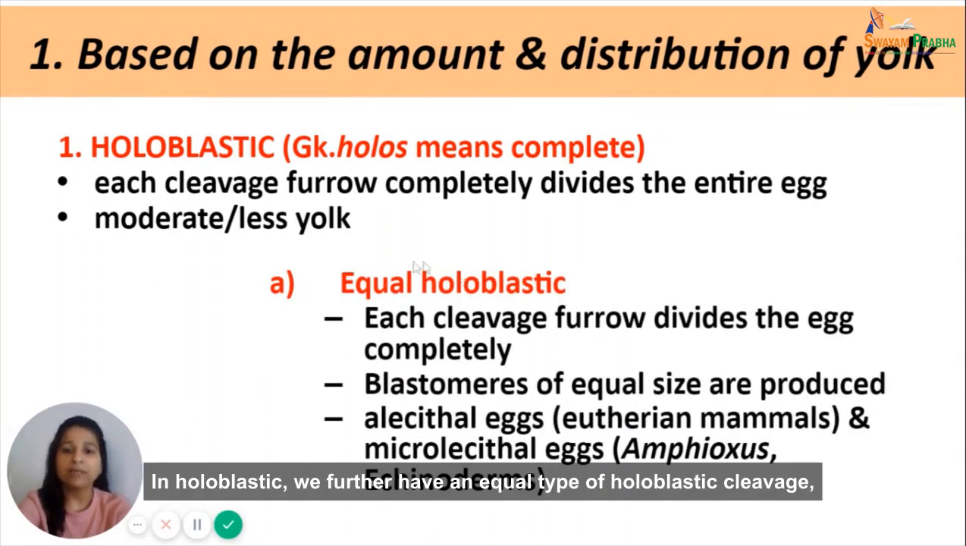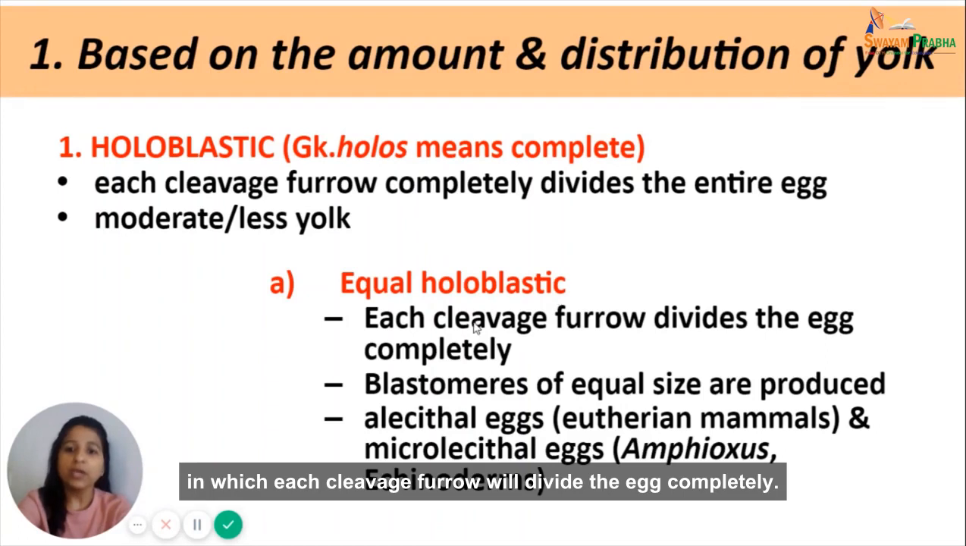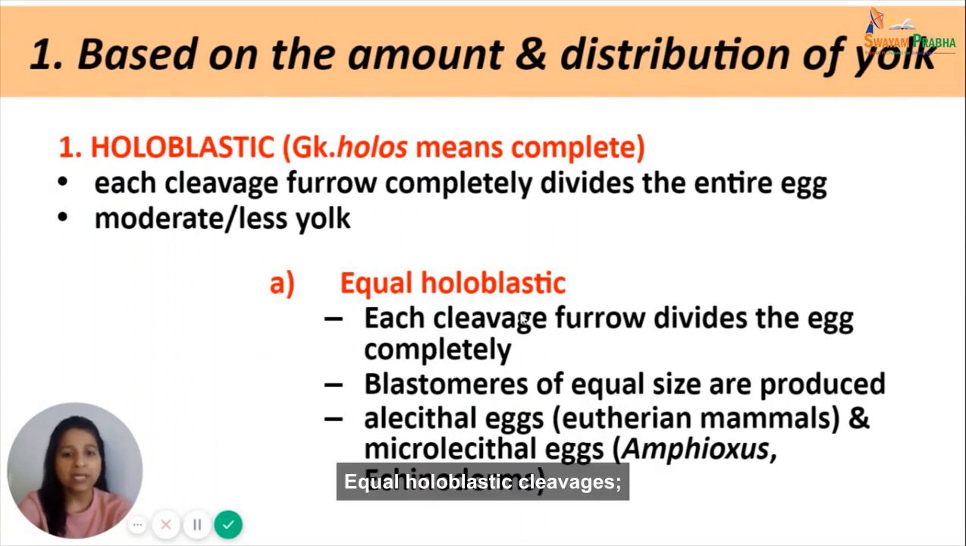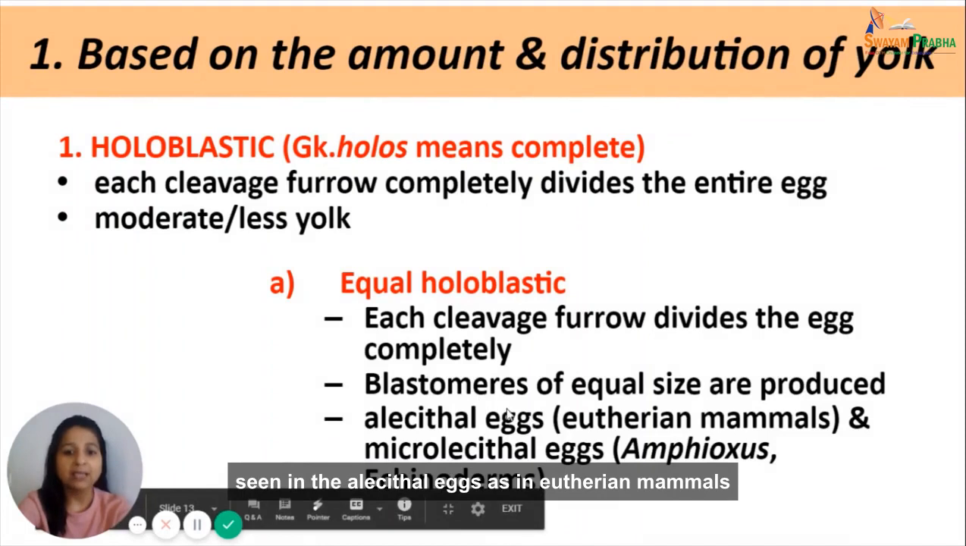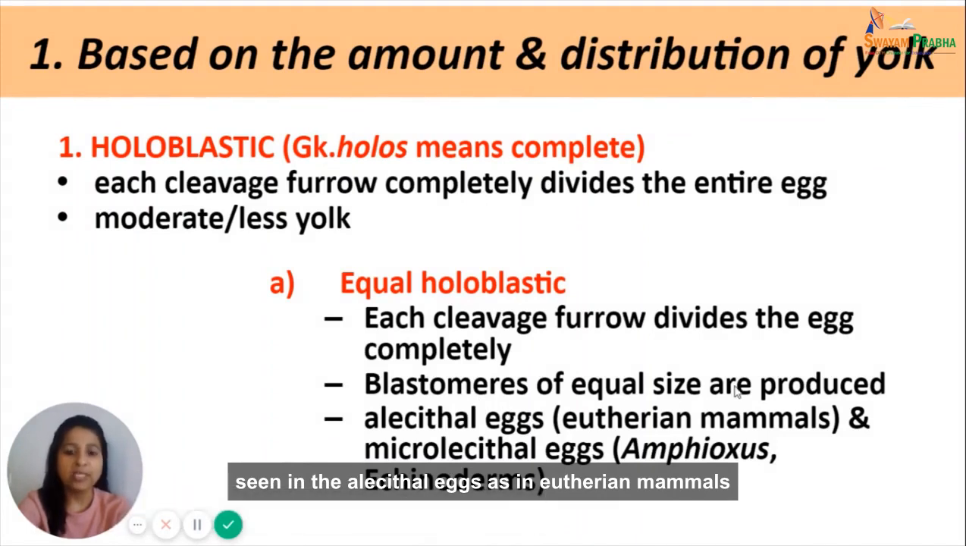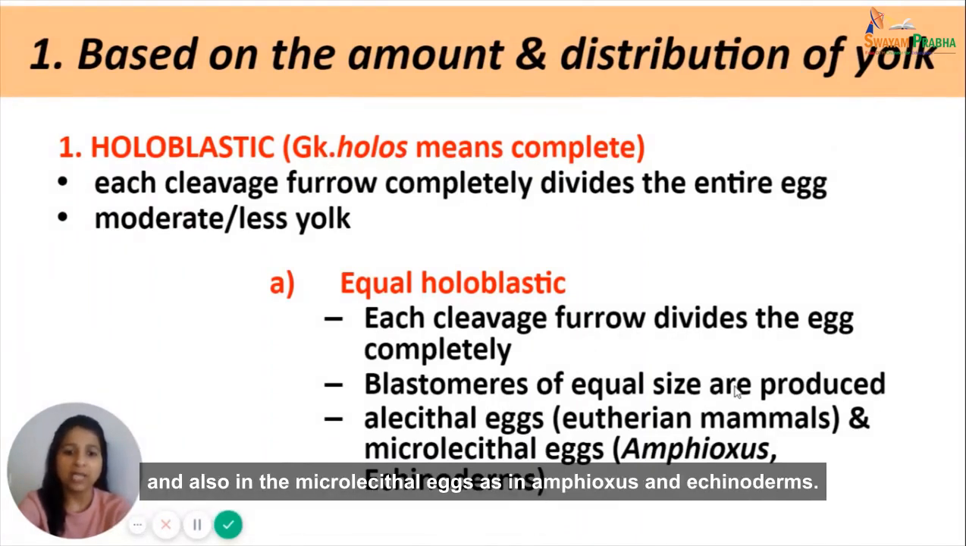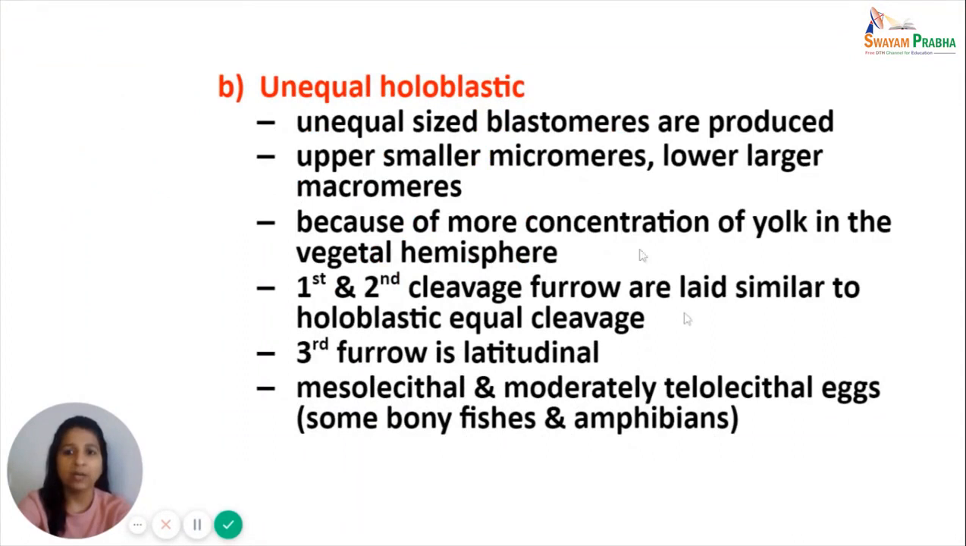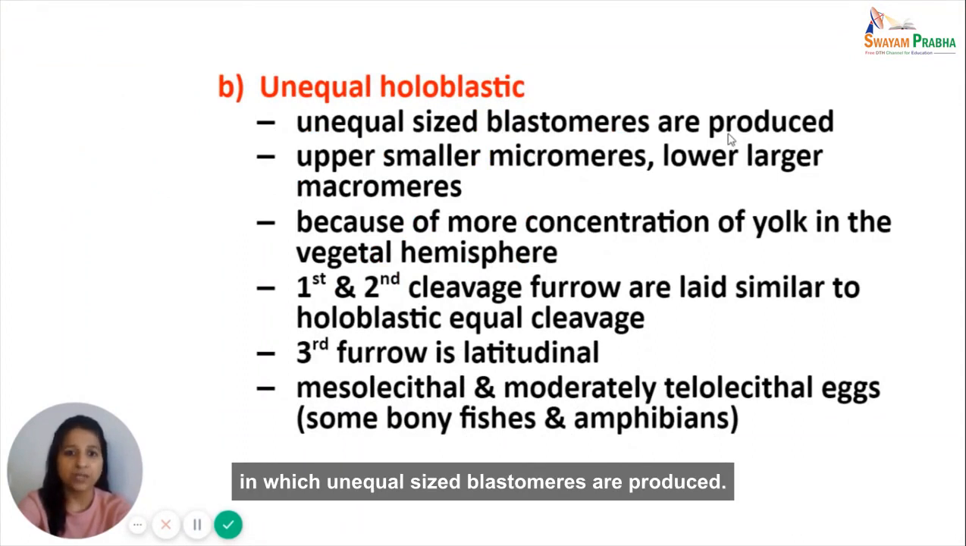In holoblastic, we further have an equal type of holoblastic cleavage, in which each cleavage furrow will divide the egg completely, so that the blastomeres so produced are of equal size. Equal holoblastic cleavage is seen in the alecithal eggs, as in eutherian mammals, and also in the microlecithal eggs, as in Amphioxus and echinoderms. The second type of holoblastic cleavage is the unequal one, in which unequal sized blastomeres are